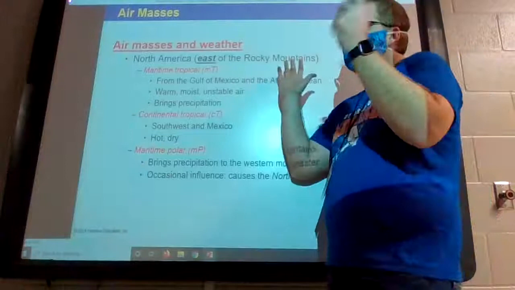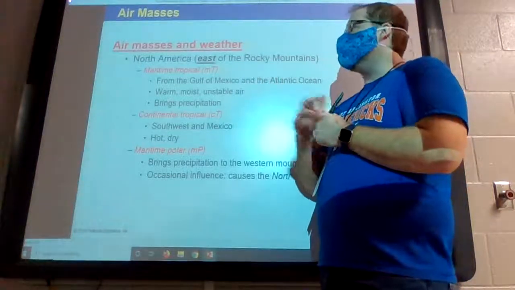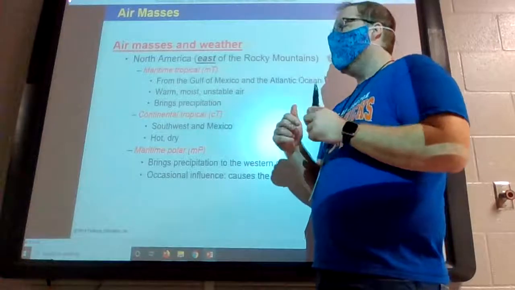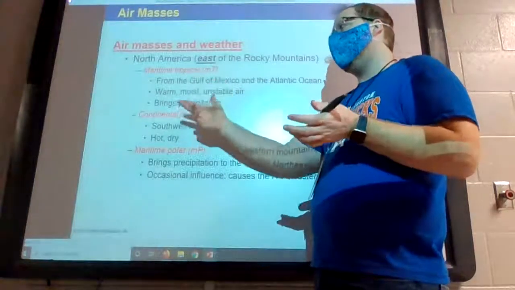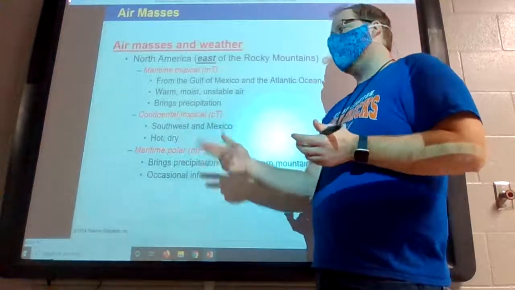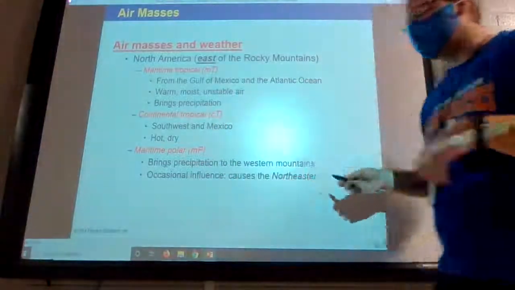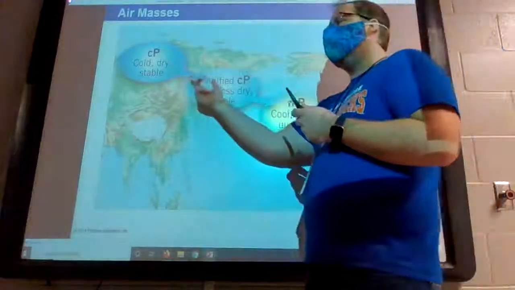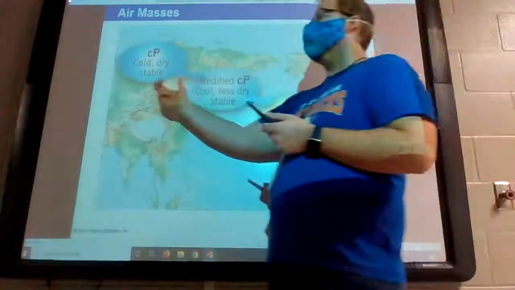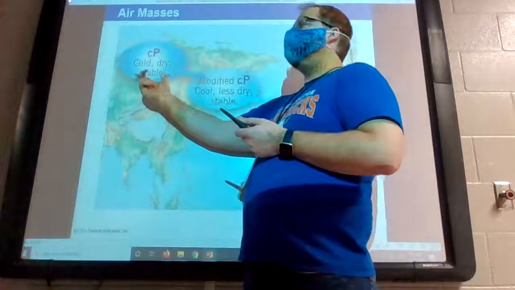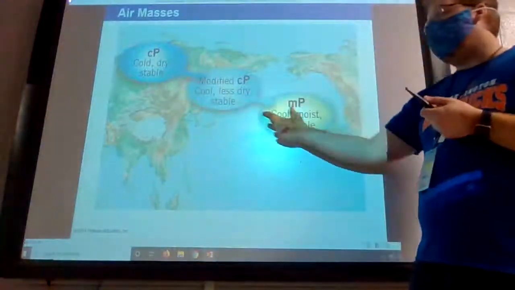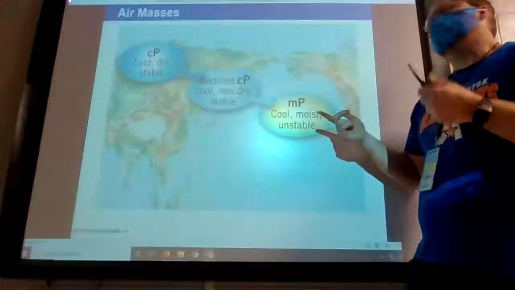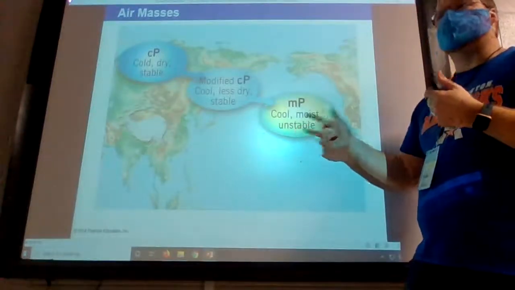So moving on. Air masses and weather, they're still talking about the different types of air masses we get and what kind of weather they bring. If they come from the maritime, they're going to bring precipitation. If they come from the continental, they're generally going to be dry, and that's going to affect your weather. They also show how air masses can change. Your continental polar coming from like Siberia is cold and dry, but as it comes out over the Pacific, it's going to pick up moisture,